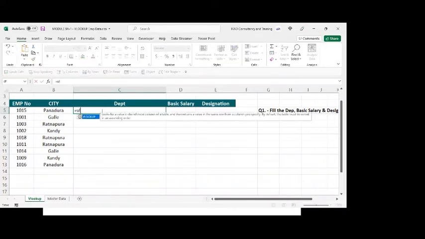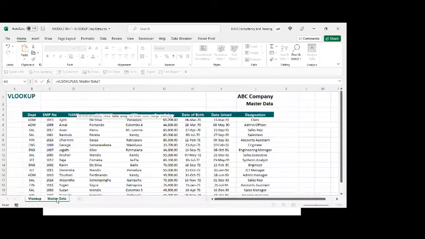Now there's an issue. Let's see what. Equal VLOOKUP. It's asking for the lookup value. Now when you say lookup value, the lookup value of this one. I need the department for this employee number. So I put this as a lookup value. Right. That is clear now. The moment you put the comma, it asks for the table array. Can you see it's getting bold? The table is on the other sheet. So I go to the other sheet. Remember, go to the other sheet.